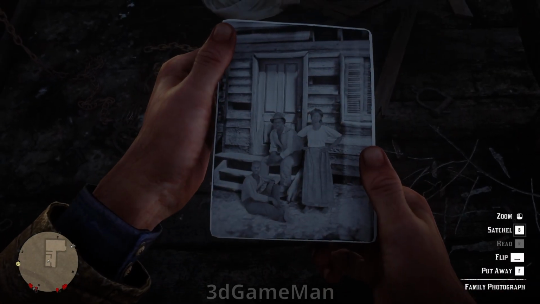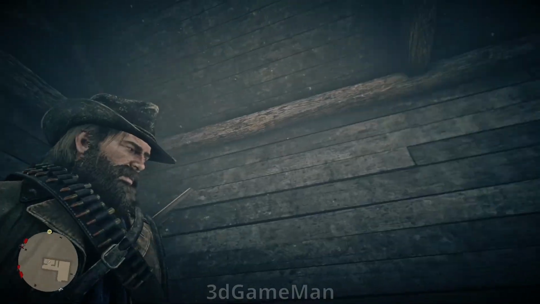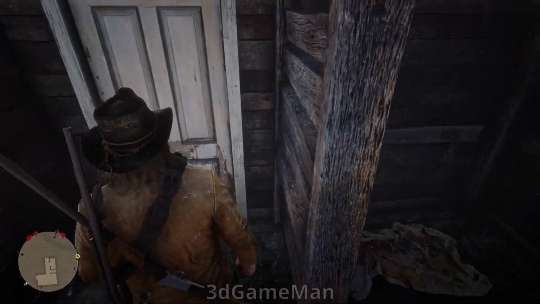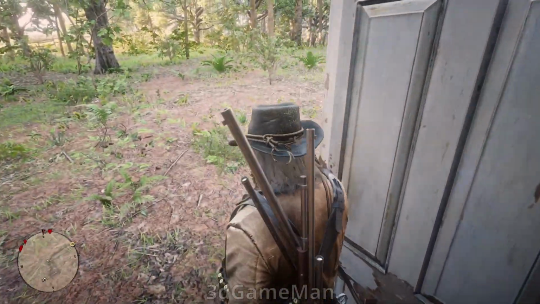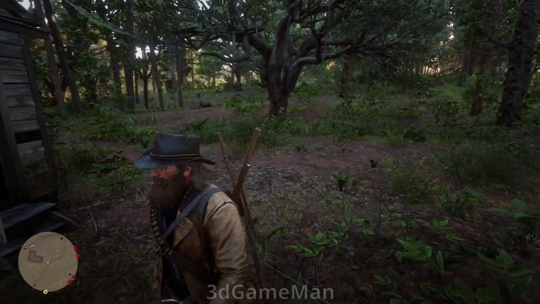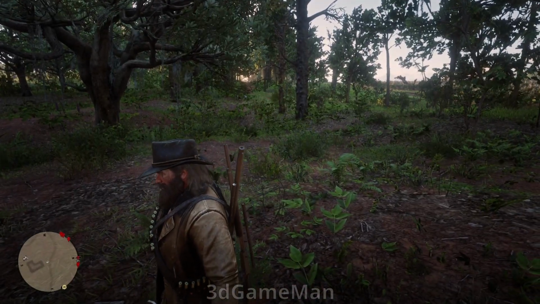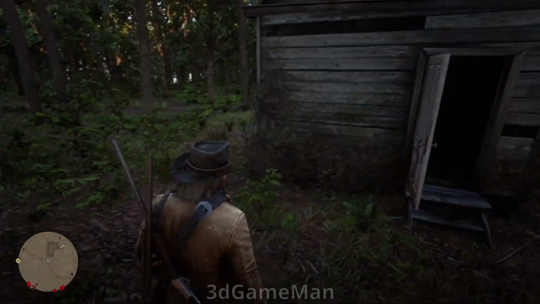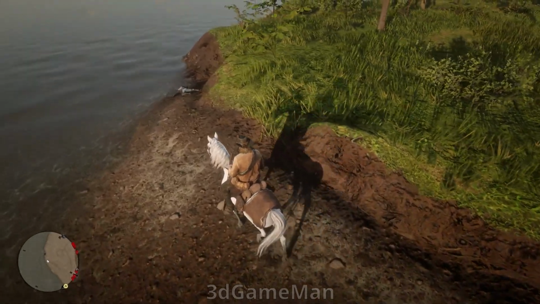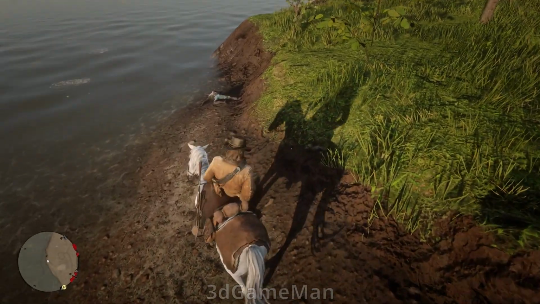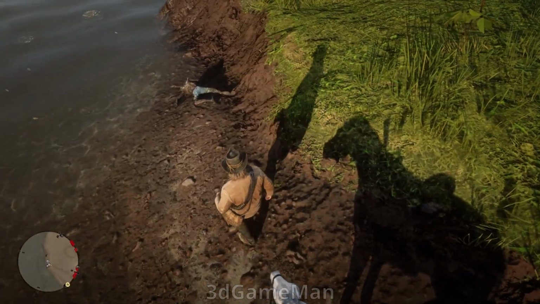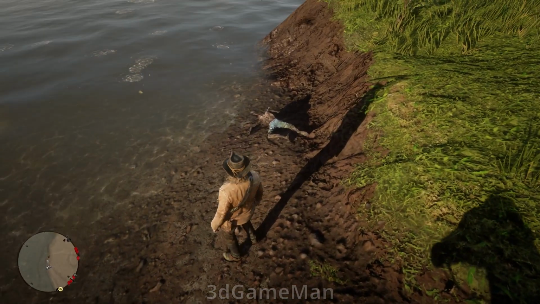It might not. However, as I leave the house and jump on my horse and head out, I eventually find something on the shoreline. So let's go to that now. Now, as I'm roaming about in this game, I come upon this corpse. And the corpse is not far away from the shack that I just came from.